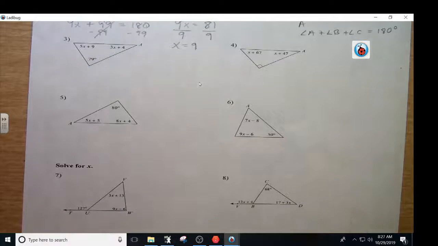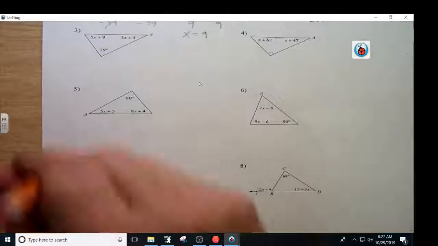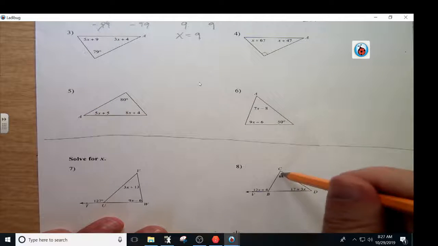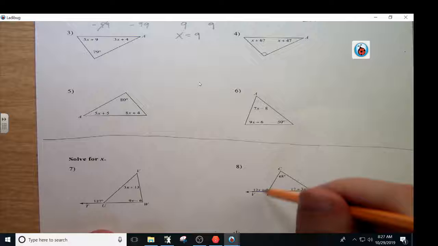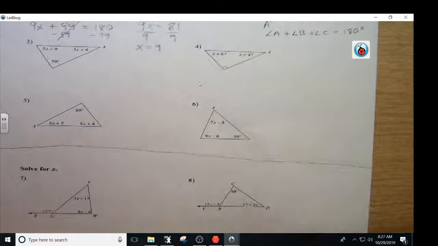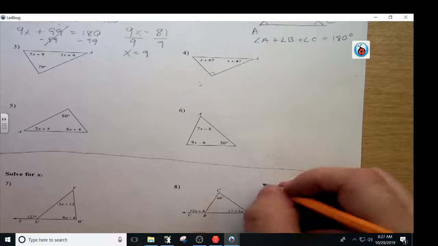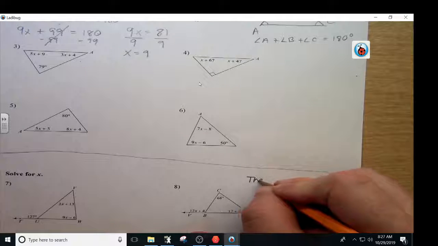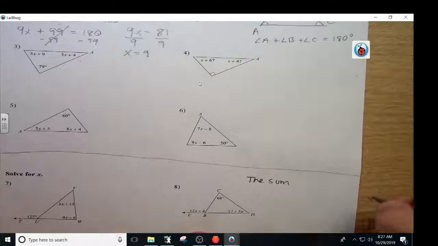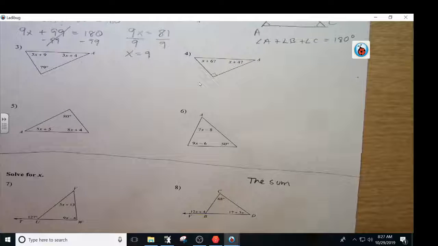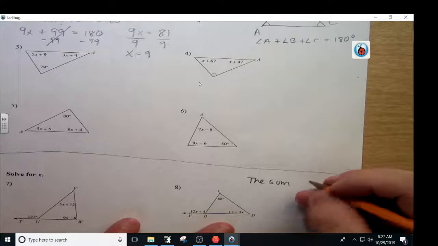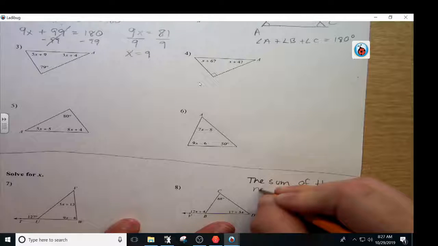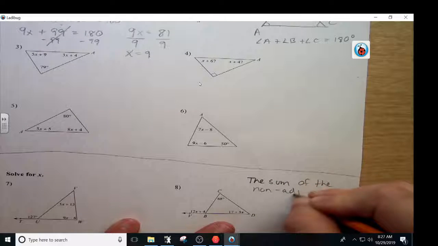Now, guys, what you have is 2 interior angles, and you've got an exterior angle. Now, the theorem says that the sum, what does sum mean, guys? What do you do when you get the sum? You're adding, right? The sum of the non-adjacent